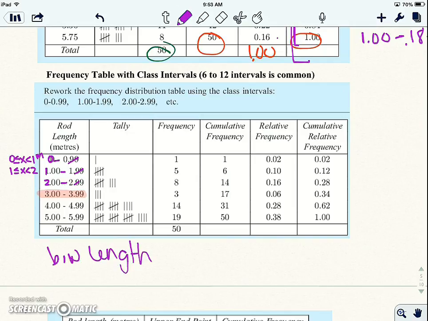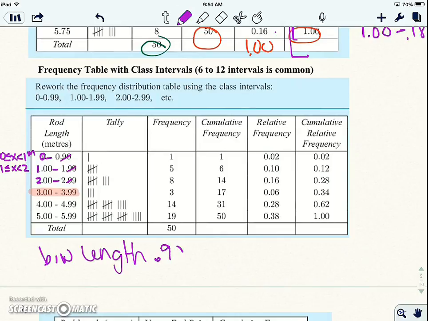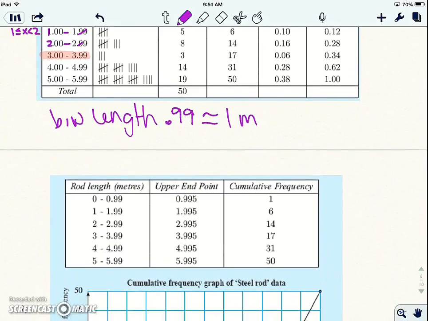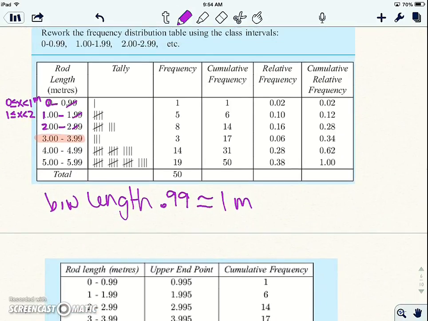It's basically 2, but they did it as 0.99. And I think that's kind of silly. I would expect you to do it as 1. It's approximately 1 meter length. Okay? All right. Now, why they did that was they're trying to show you how to make a cumulative frequency